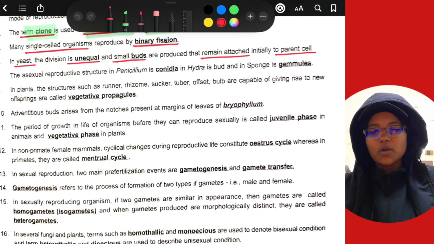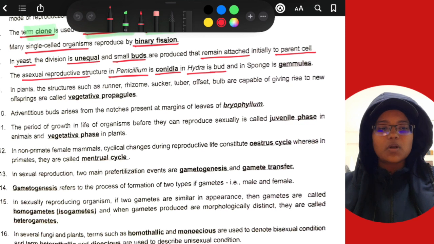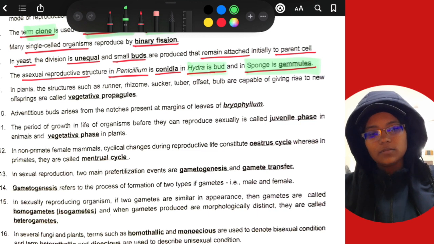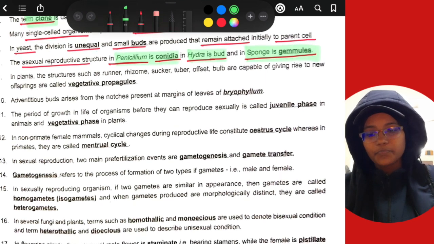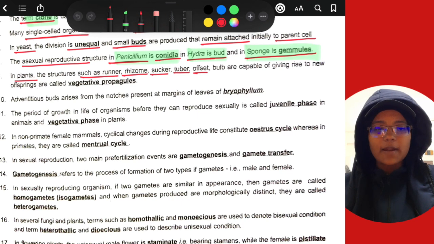The asexual reproductive structure in Penicillium is conidia, in Hydra is bud, and in sponge is gemmules. In plants, the structures such as runner, rhizome, sucker, tuber, offset, bulb are capable of giving